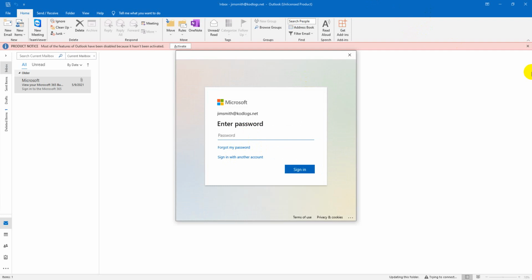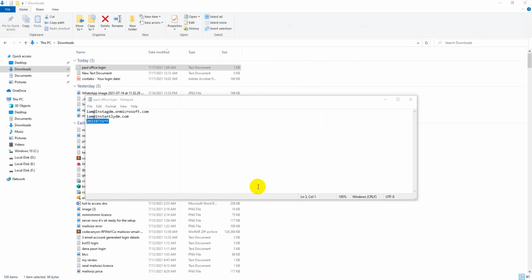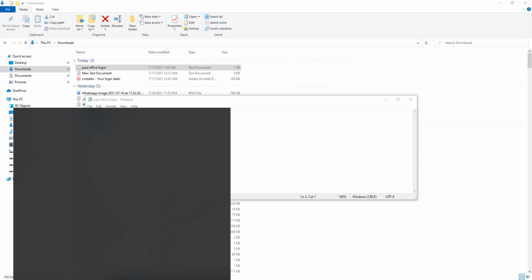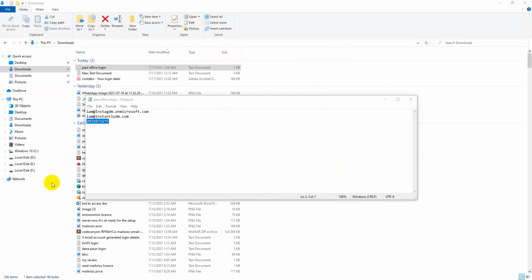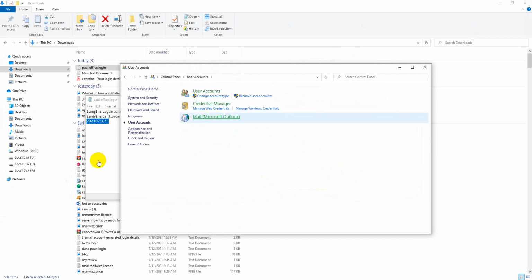Maybe I'm having trouble logging in. I have to reset again. Control panel, user account, mail, Microsoft account.